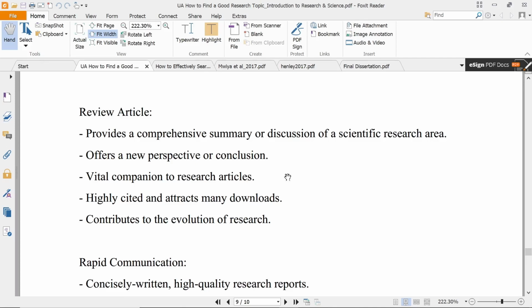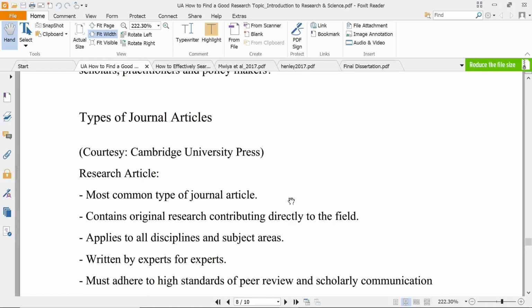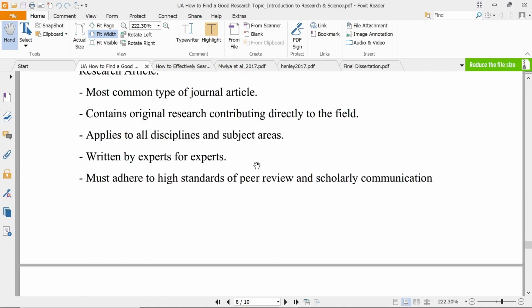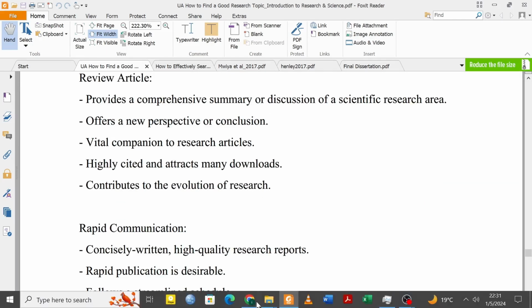Review articles provide a comprehensive summary or discussion of a scientific research area and offer a new perspective or conclusion. So the part where it offers a new perspective, that's where you can find new avenues of research. They are a vital companion to a research article, highly cited, attract many downloads, and contribute to the evolution of research. I got this information from Cambridge University Press. So let me just show you